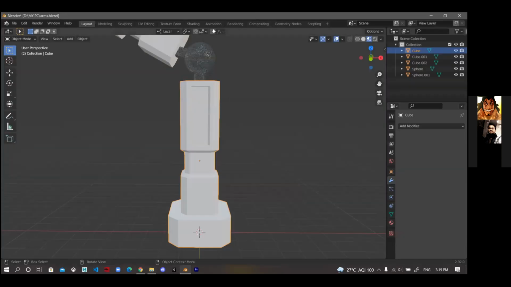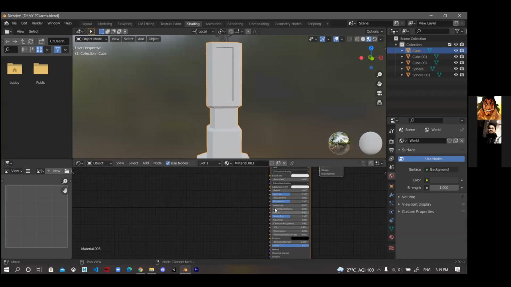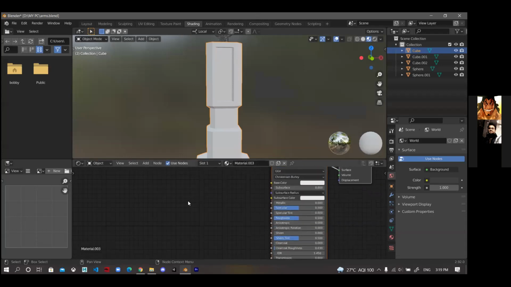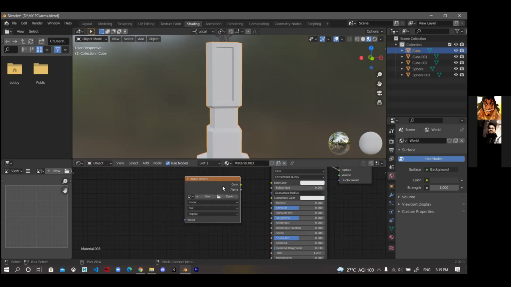Now we will add an image texture by pressing Shift A, then going to texture and choosing image texture.